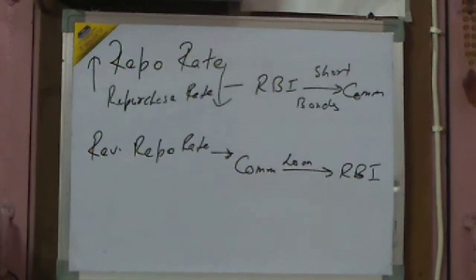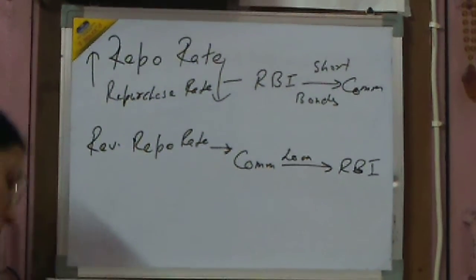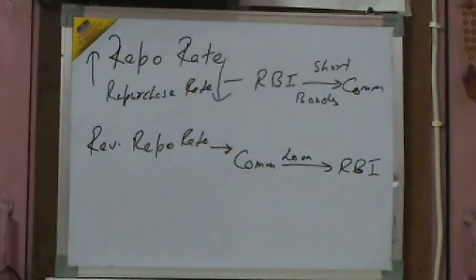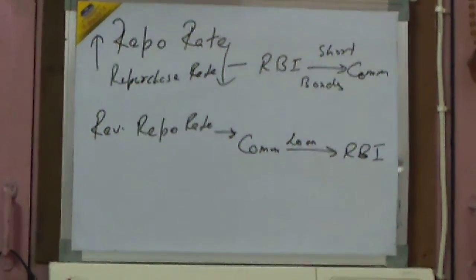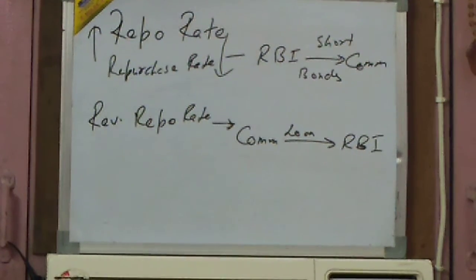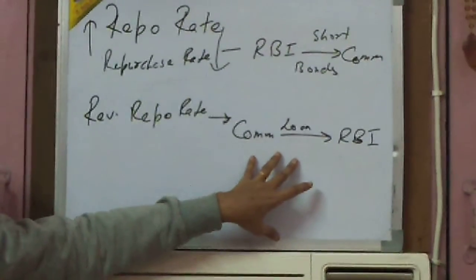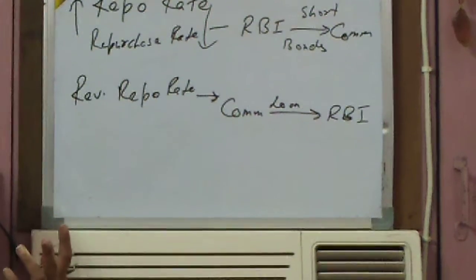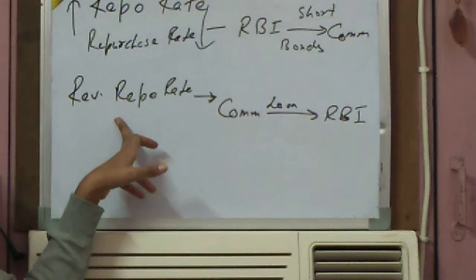This happened at the time of demonetization. At the time of demonetization, what happened? Everybody was depositing their money in the banks. Then the liquid assets, or liquidity, meaning the cash reserve with the commercial banks, increased. Now, how do commercial banks give it to the RBI? Commercial banks just give it to the RBI as a loan, and the RBI absorbs that excess liquidity and also gives some interest. So what is the benefit to the commercial bank? The commercial bank also earns some interest, and that is known as reverse repo rate.